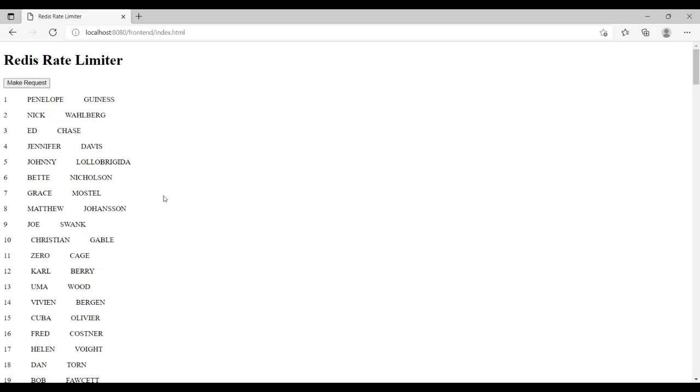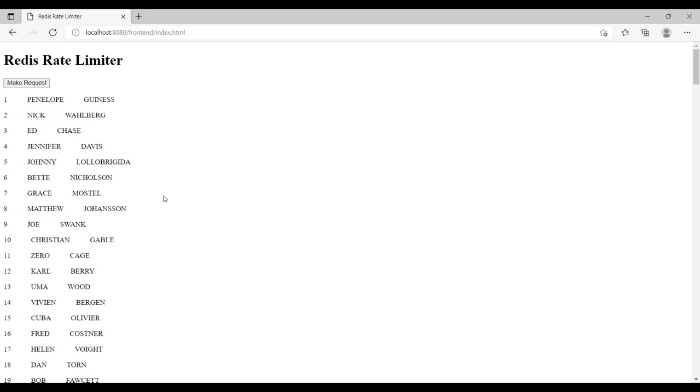When I click on this make request button for the first time, a request is sent to the server. The first thing the server will do is try to uniquely identify the client based on the IP address from which this request has been made. Once the server gets the IP address, it will check the Redis database for any key matching that IP address. If there is no key found in the Redis database, that means this particular client has made the very first request to the server. And according to the logic implemented in this demo, any unique client can make 5 requests in 20 seconds.